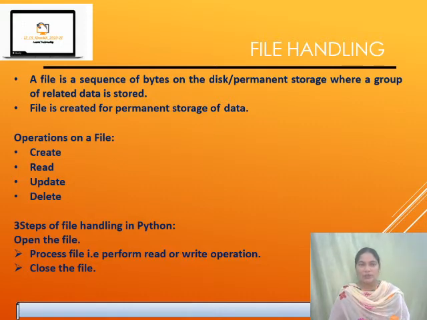And then we follow three steps. These three basic steps, if you remember, you can handle files in Python easily, right? First and foremost, you have to open the file, next process the file, and next close the file. Processing means whatever operation you want to perform on the file, like a read operation, an update operation, or a write operation. After that, once your usage of the file is over, better you close the file.